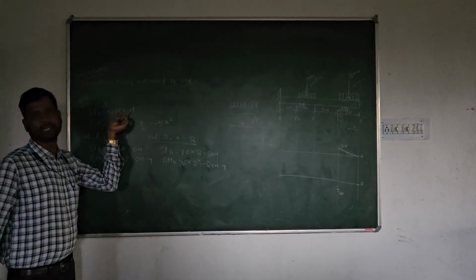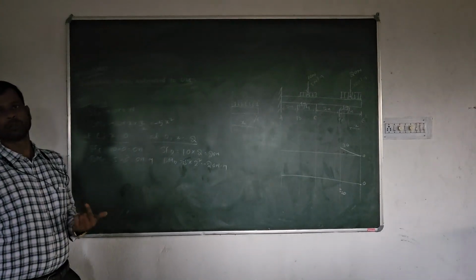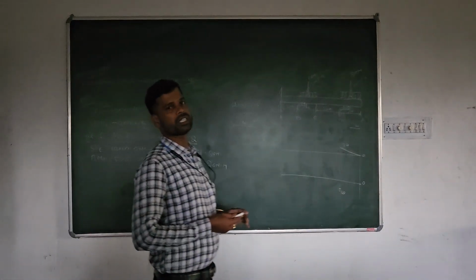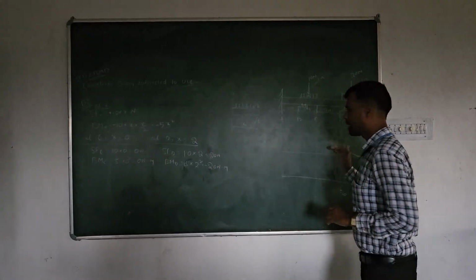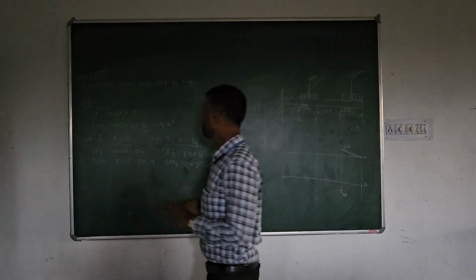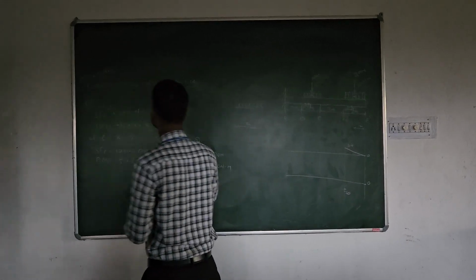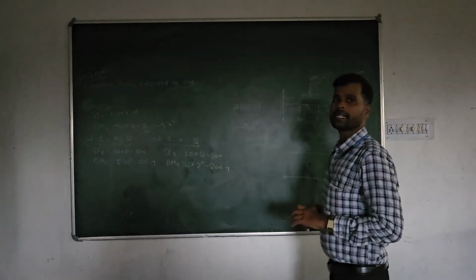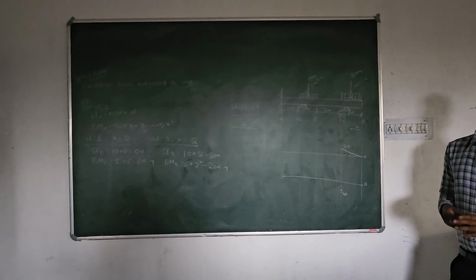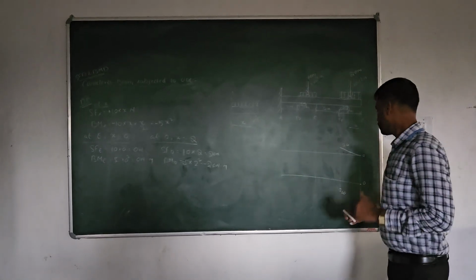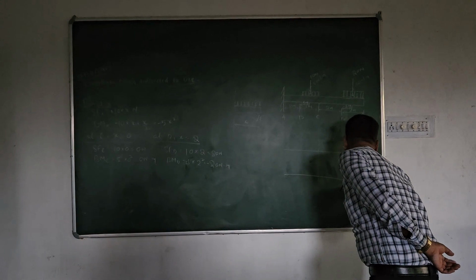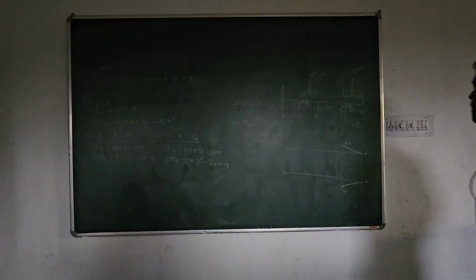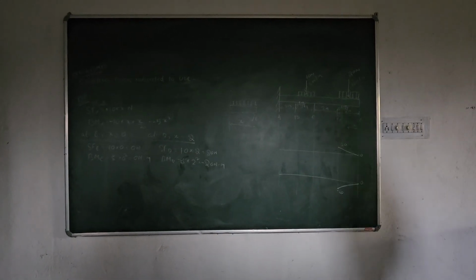Now the question is whether this line will be a straight line. Definitely it will be, because here x to the power 1 is there. In my previous video I also told you y equals mx plus c is a straight line equation. So the shear force line will be a straight line. But in case of bending moment, here x to the power is 2, so it is not a straight line. That is a curve. It cannot be drawn as a straight line. This will be a curve, the bending moment line.